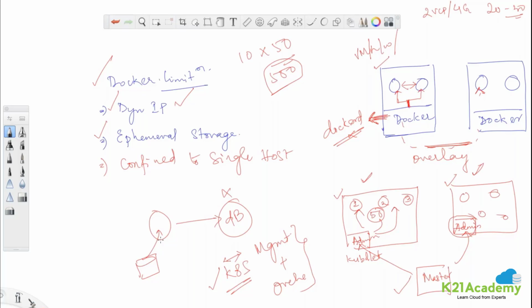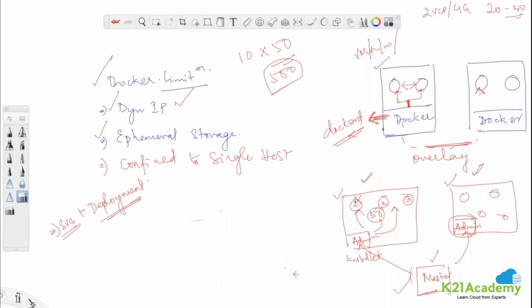Like that, I can have several hosts under one Kubernetes master, and I can manage thousands of containers with a single master. So the master takes the responsibility. If one of the containers goes down, it will spin that up automatically again. And because the IP address is not static, Kubernetes has a lot of other things in the picture, which we can't cover in depth. It has something called a service, and to have a highly available running application, we have controllers like deployment, and their work is to keep everything ready, up and running, so that things are always self-healing in case we are running any of the applications.